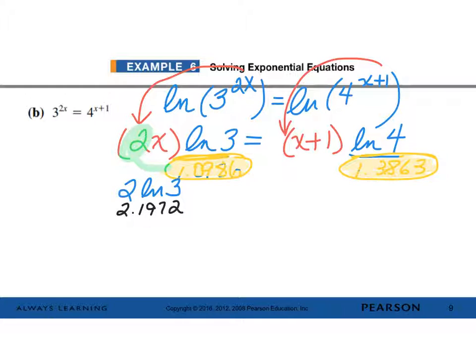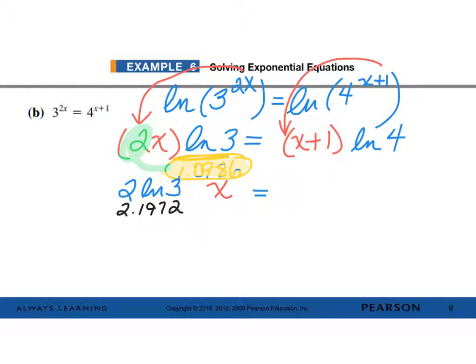And what we have left then is just the x. And that's equal to, now on the other side, we're going to break the x plus 1 apart. We're basically going to distribute that. We're going to multiply the natural log of 4 times each of these two terms. Essentially, just to make it easier for you to visualize this,